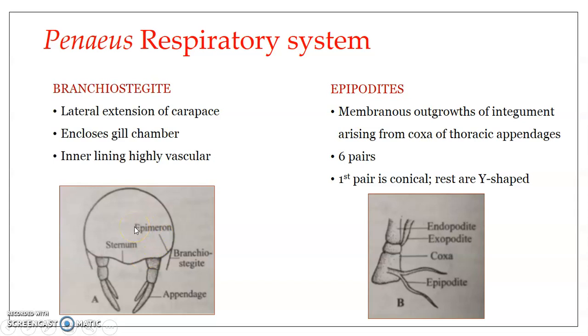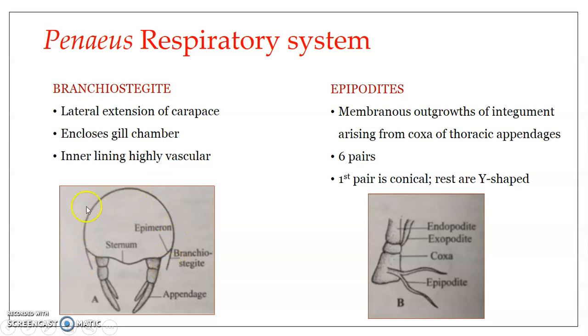When you take a cross section of the body of Penaeus, this is how it looks like. Any segment, if we take a section along any segment, you can see that this is a segment. Over this they have a cuticular covering, right? And laterally you can see it extends beyond the surface, right? Every segment has a pair of appendages on the ventral side, and along the lateral sides you can see the cuticular covering, that is a carapace.